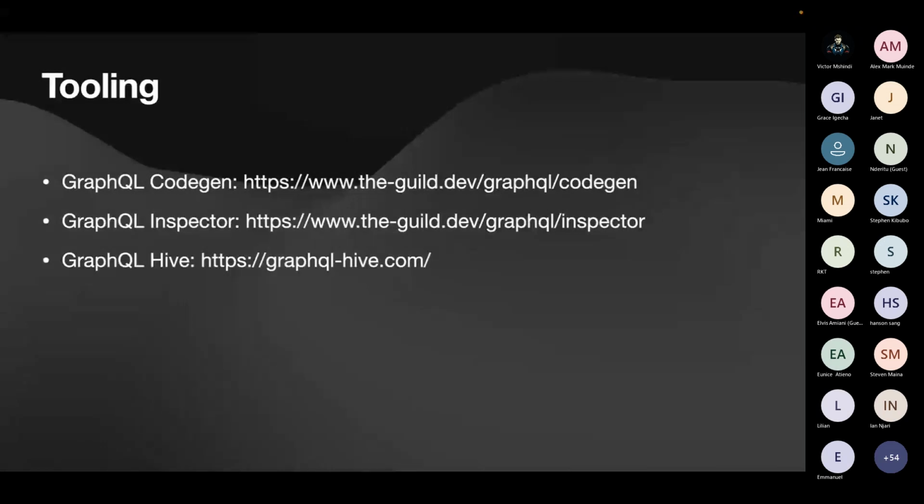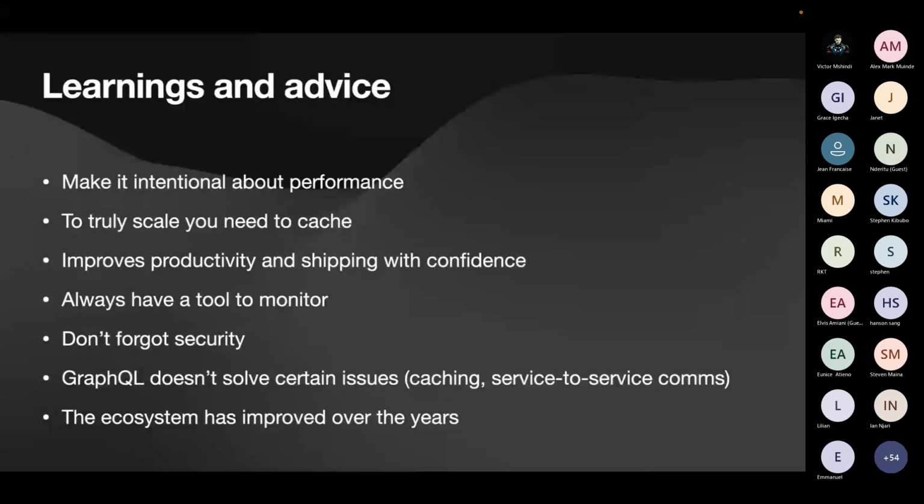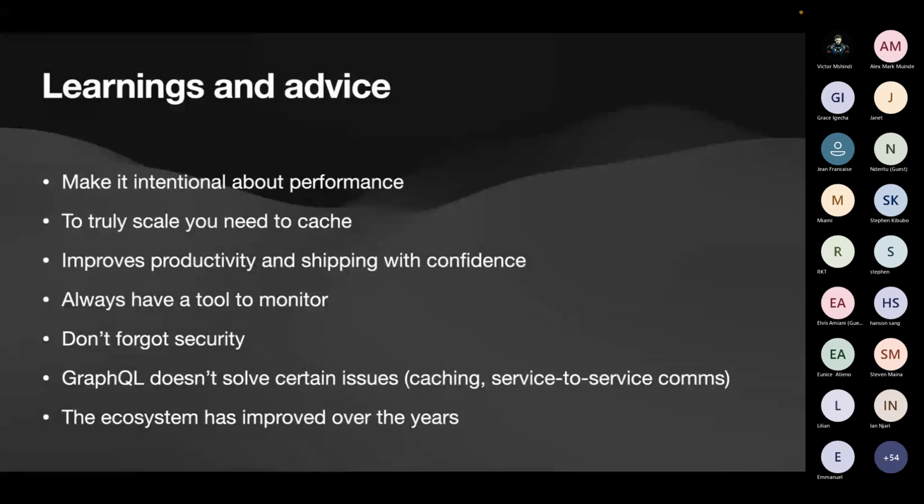I'd like to quickly wrap up because I see time is not on our side. So, when you're building GraphQL APIs, some of the things you experience with REST, you still experience them. For example, performance, and it might even be a bit harder in GraphQL because caching is not so straightforward.